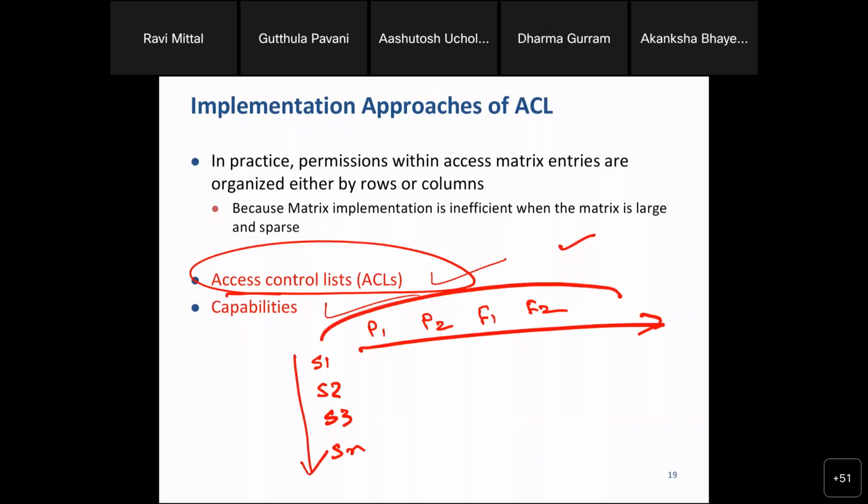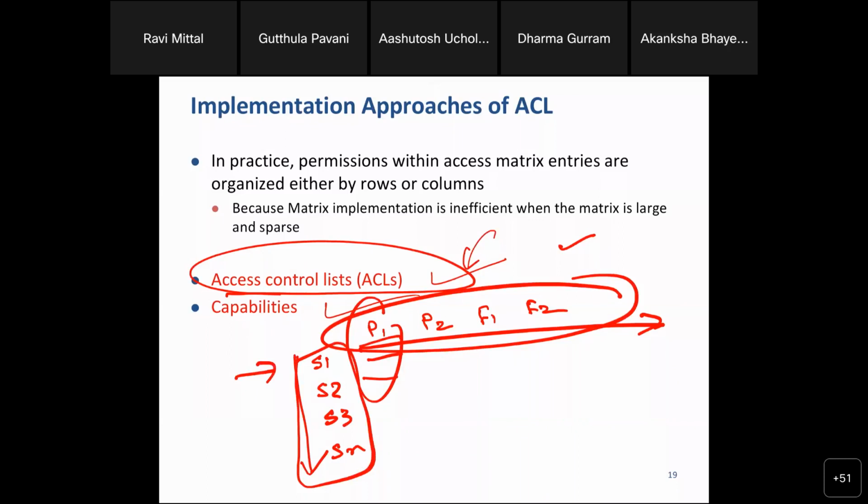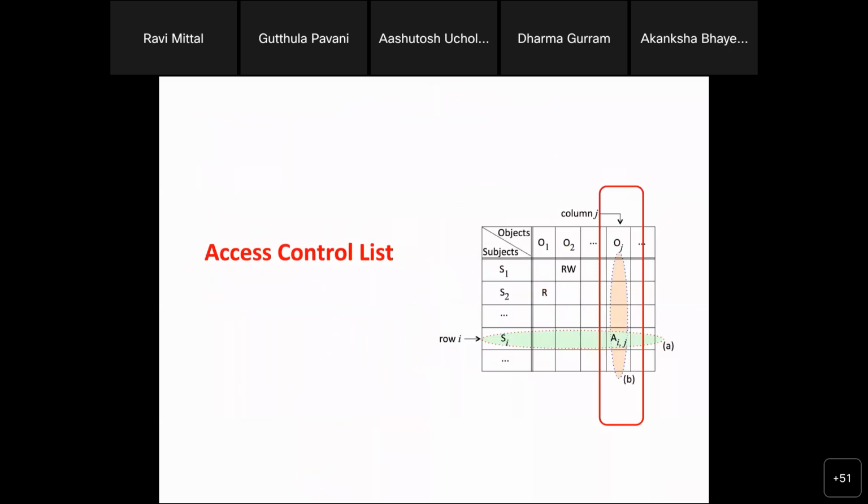If the number of resources is into 10,000 or something like that, and each will have just a few students who may want that, then putting it ACL wise is better. And if there are only a few students, then putting for each student what capabilities or what all resources that student can use, the row wise representation is better, right? So we have an access control list corresponding to an object which is shown in red, and then we have